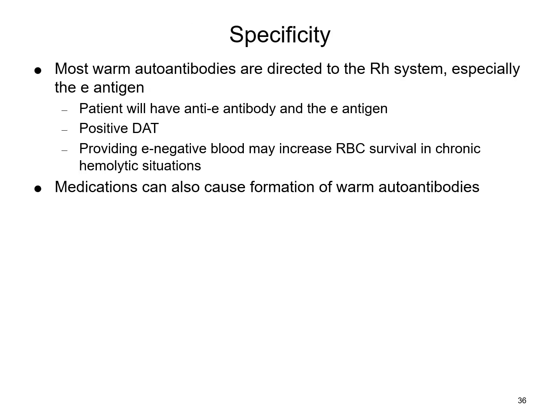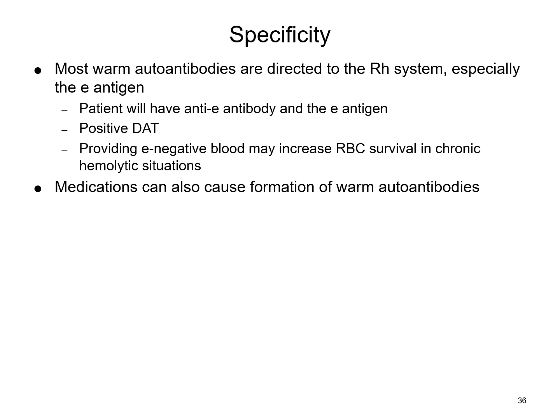Specificity. So most of your warm autoantibodies are directed to the Rh system, especially the little e. The patient will have an anti-little e antibody and the e antigen. So in other words, they've got the little e antigen, but then they've also managed to develop an anti-little e. You will see this, like I said, a lot in the Rh family. I think I've even seen it with Kell once, but I know I've seen several within the Rh system where they are actually antigen positive, not been transfused anytime in the past several months, sometimes a couple years, and then